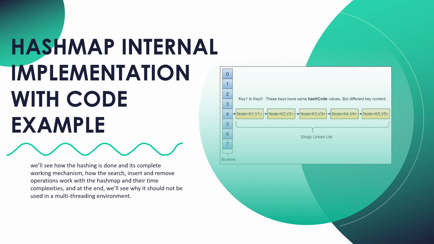Today I have a topic related to HashMap for you. Multiple questions will be addressed along with the basic concept of HashMap, and we will also go through some code examples. I'll show you a small demo of how it works. This is based on your feedback that you want a HashMap related session, so I am presenting this session with overall details of HashMap along with code examples. Let's see it one by one.